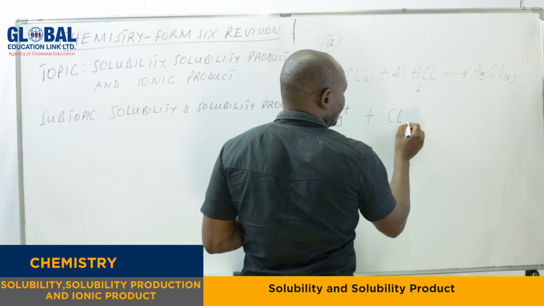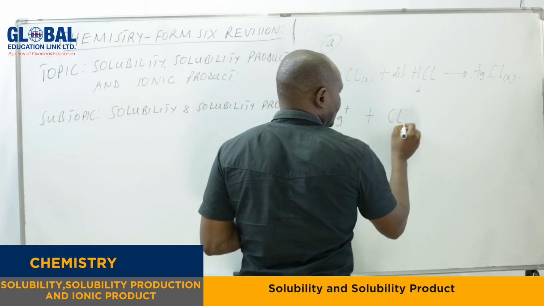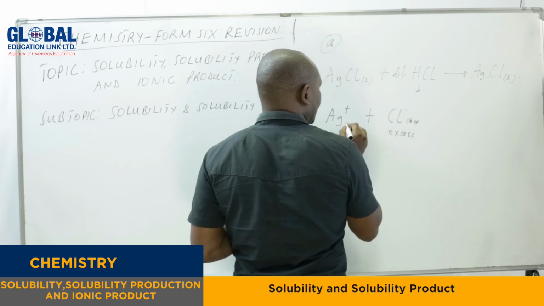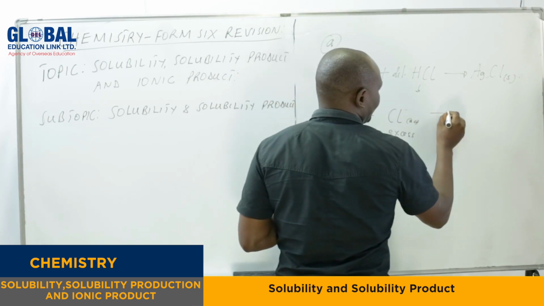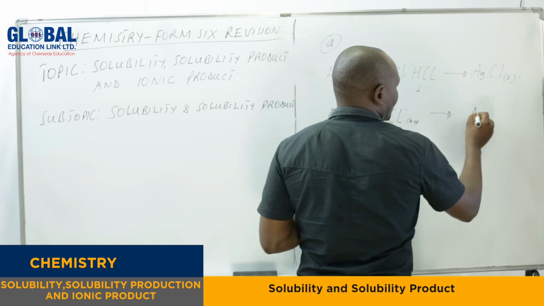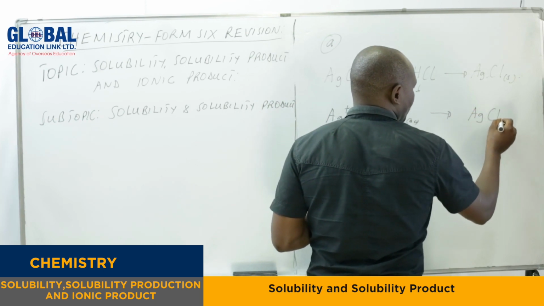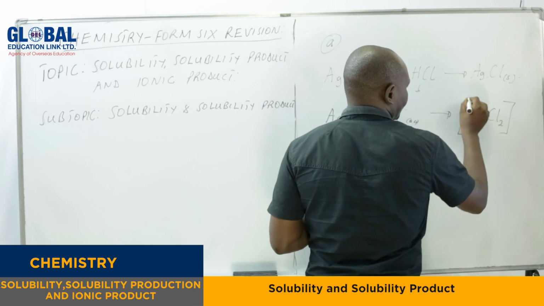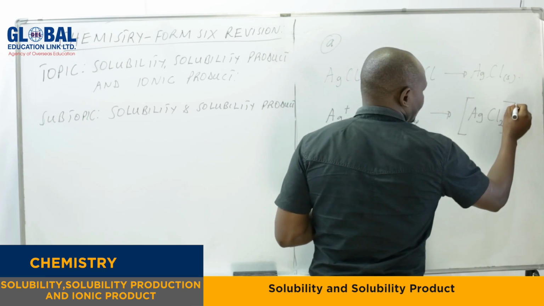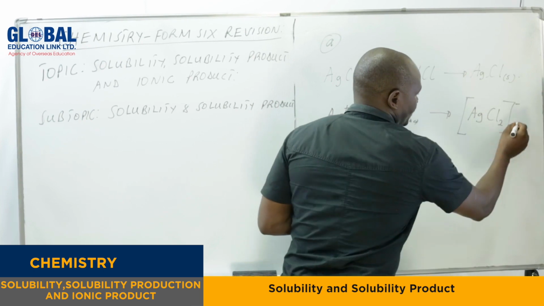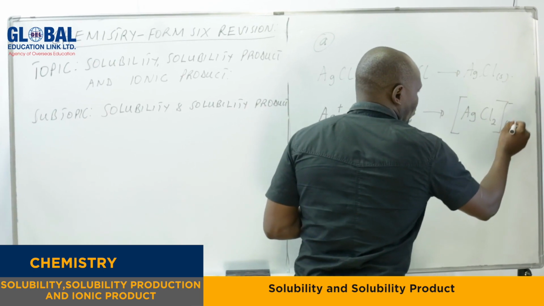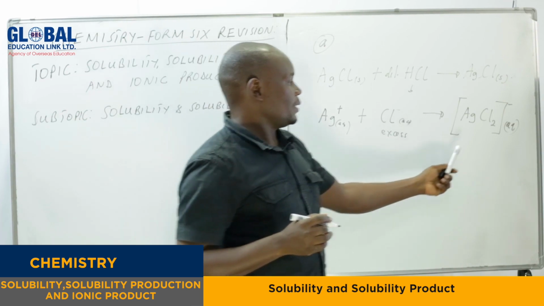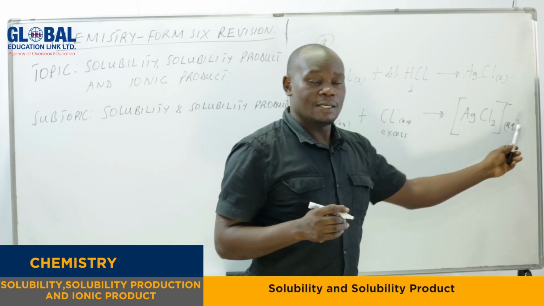So here it will lead into formation. This is now in excess. This will lead into formation of a complex compound of silver, dichloroargentate(I), silver. So this is aqueous. That will now be the product, and this complex is